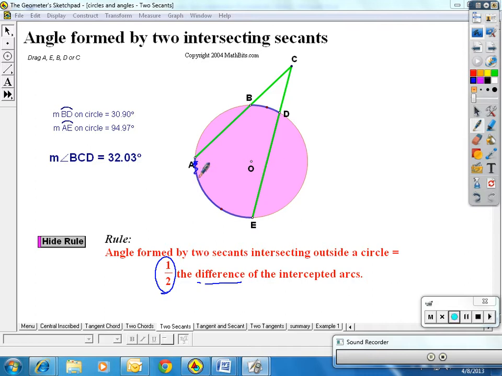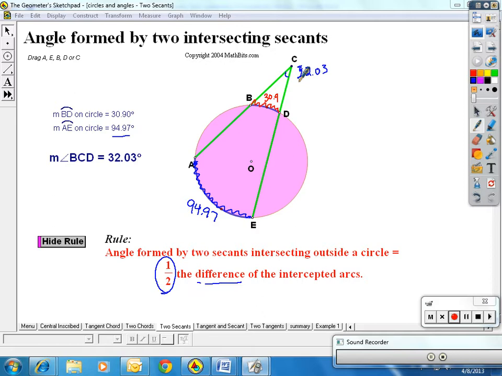So if I take this arc measure right there, which is 94.97, and I subtract this intercepted arc here, 30.9, and I divide that by 2, I will get this angle here,